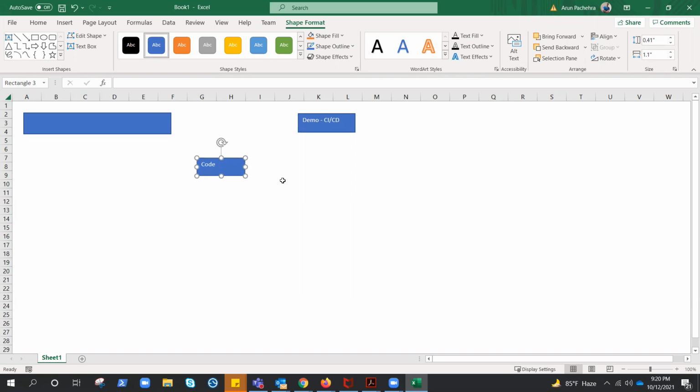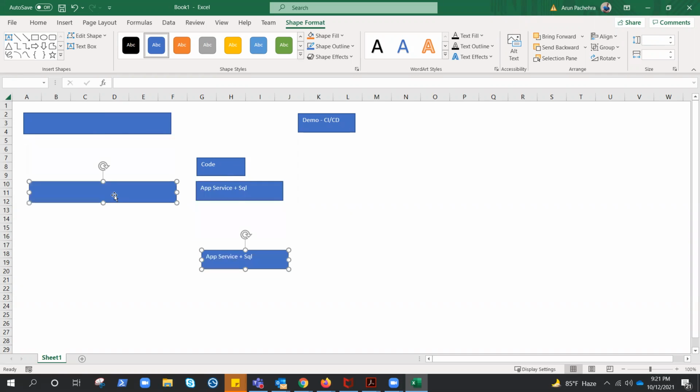All right, so then what we need, if you have the code, then you need the target, right? Code is something that you need to deploy, right? But where will you deploy it? That is app service. And how your app service will work, because you also need a SQL DB. So we create app service and a SQL DB and hook up the connection string. Afterwards, what we need,